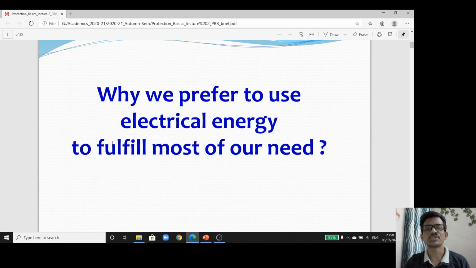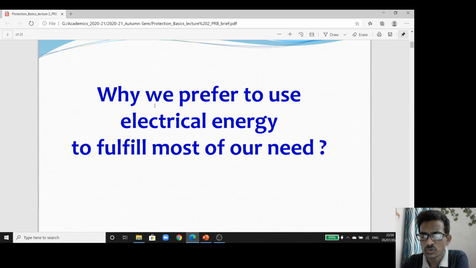You can easily transmit. You can easily convert it from one form to another form very efficiently, very fast. So it is preferred. It is also very easily controllable. So that's why we always prefer electrical energy for our day-to-day need. Then the question arises: as we are using electrical energy in our day-to-day requirement, is it good or